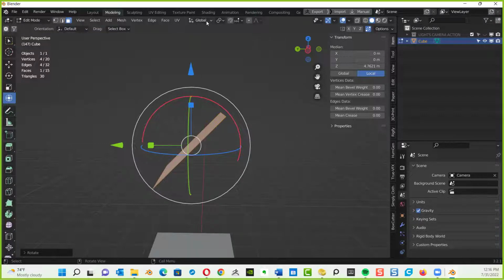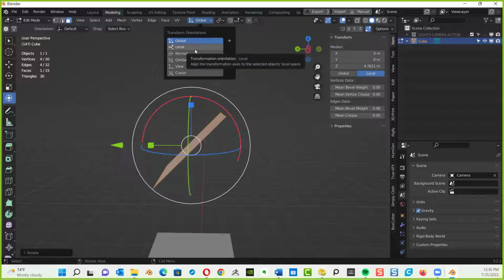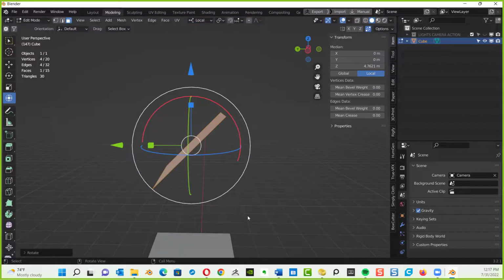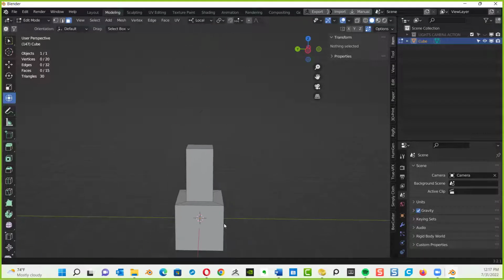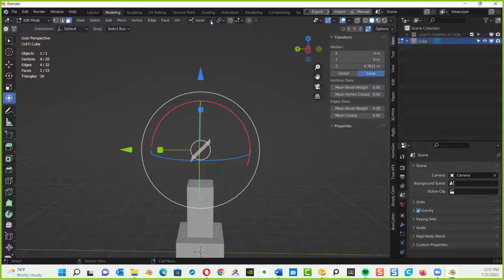Right up here, dead center, you'll see global. Drop it down and look at all the different axes you can actually navigate in. This is just phenomenal. I can change the axis. So for example, go to local view, probably going to be the same as the global view. Global view is your X, Y, and Z for global space. So that's exactly where these lines are coming together right down here in global space. Local space is going to act kind of the same, but in respect to the location of the object. So local and global is going to be kind of the same.